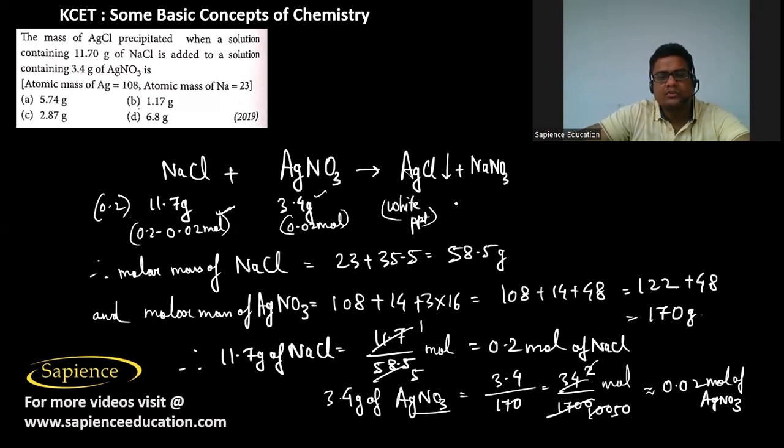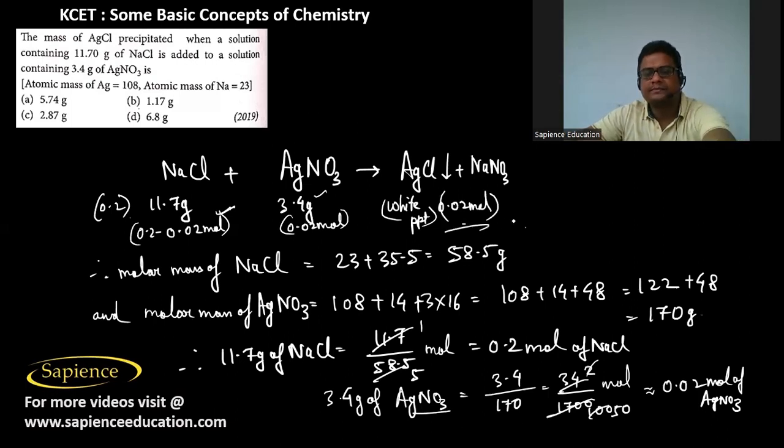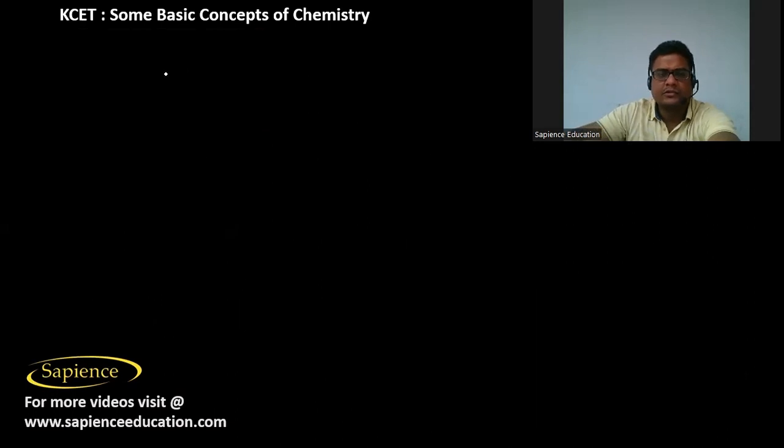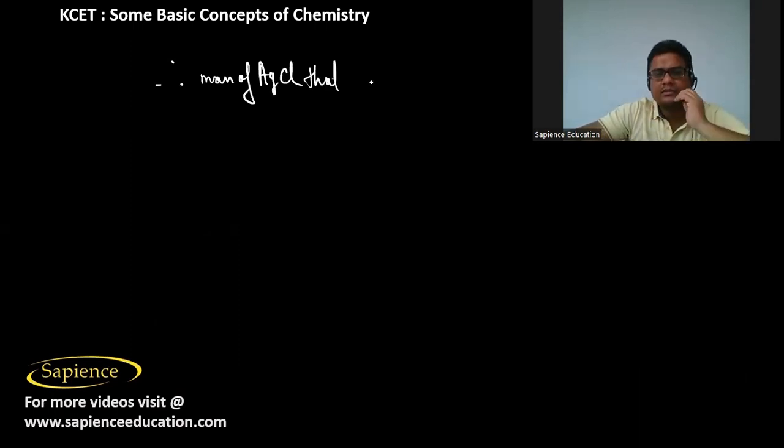So it means 0.02 moles of AgCl will be formed. Therefore, the mass of AgCl, silver chloride, that is precipitated